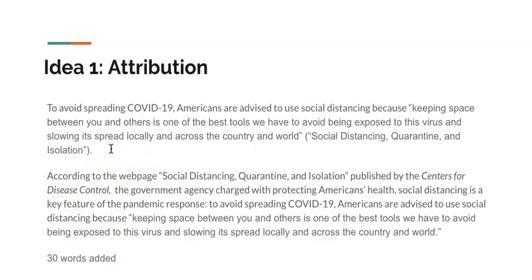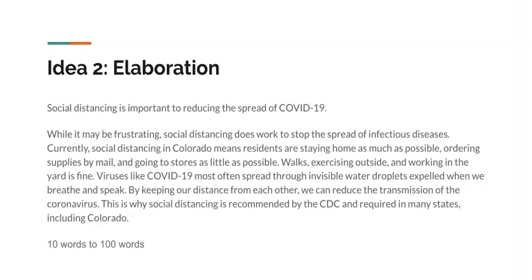In this example, the first section provides no information about where the source comes from other than the title. The reader would have to go to the Works Cited page to see that it was from the CDC. In the second section, the same quotation is used, but I have provided information about the CDC as well. As this example shows, I have added 30 words, but more importantly, I've added information that enhances my essay's ethos and logos.